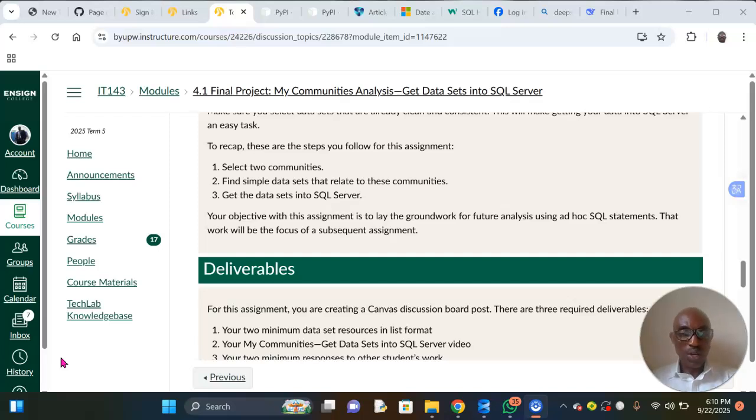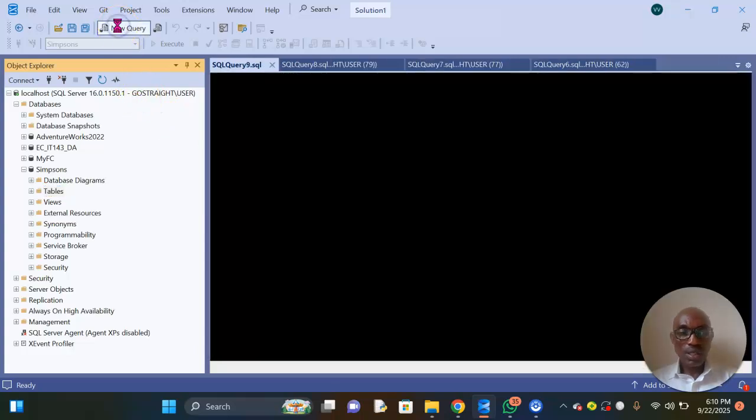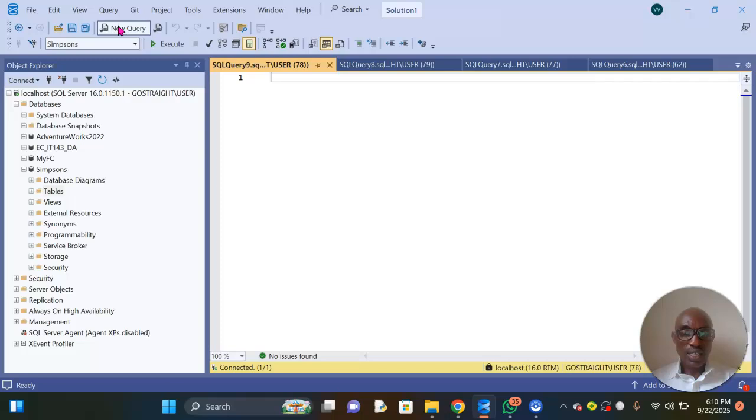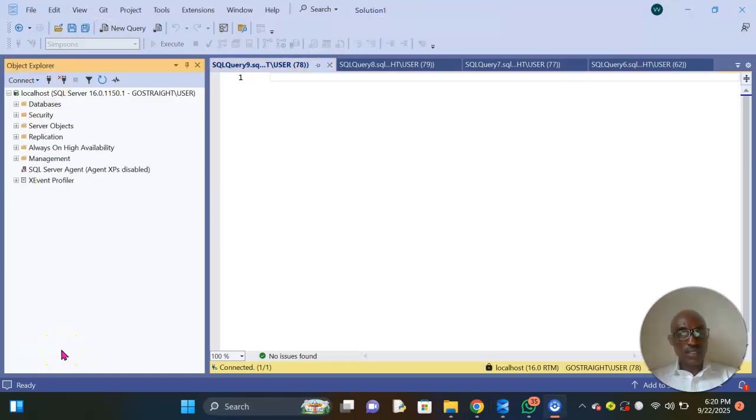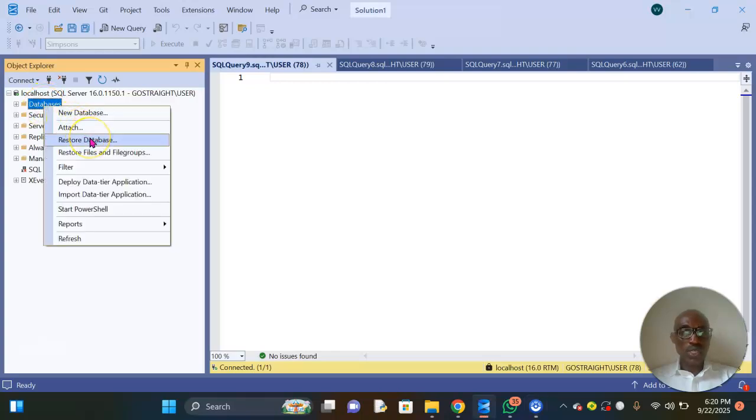Now, let me show you how I got them into the SQL server. I used the SQL Server import and export wizard for both sets. These two files are my FC and Simpson. These two files are backup files, also included in the zip. So I use the restore database function here in SSMS. I right click on database, then I go to restore database